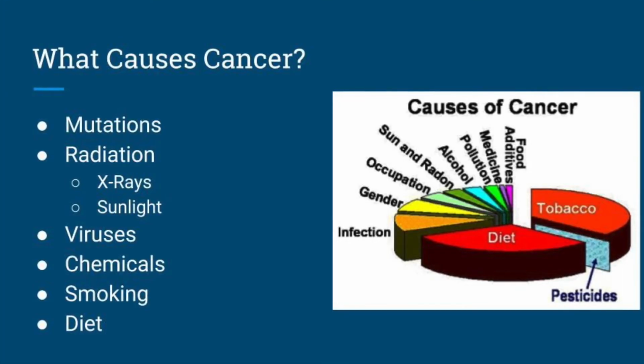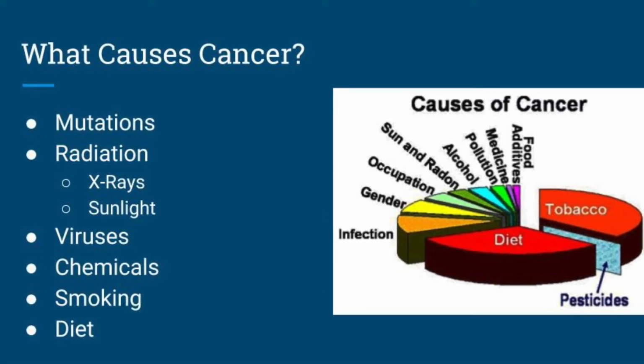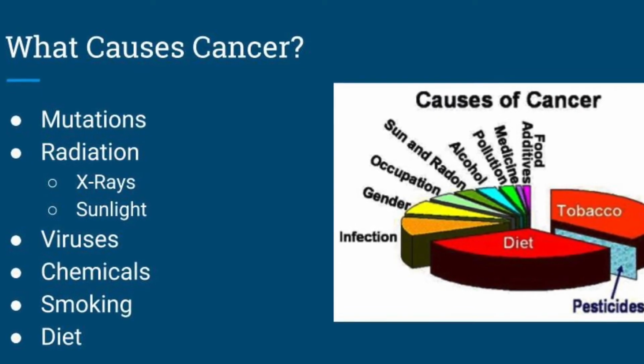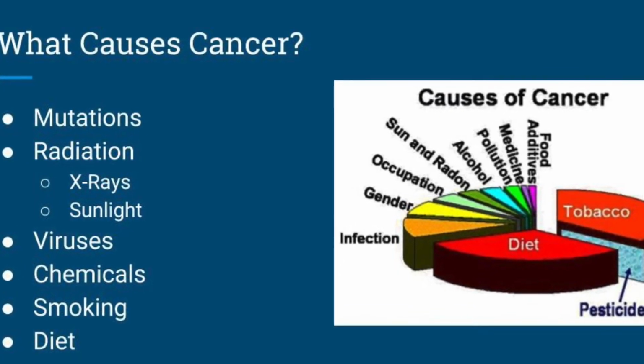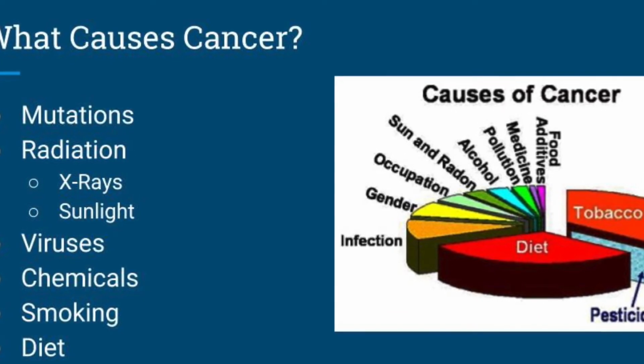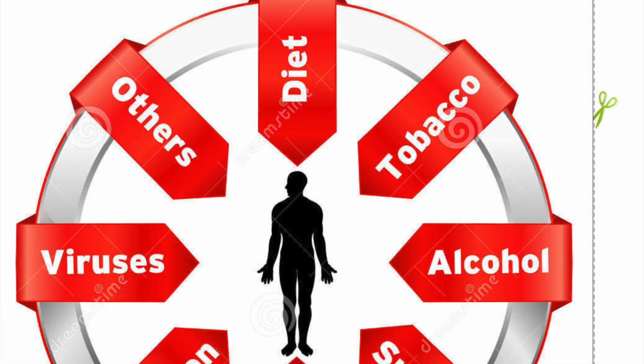So now that we know what cancer is, what exactly causes cancer? Cancer is caused by a plethora of factors. The most commonly known are probably smoking, poor diet, and radiation exposure, including sunlight. Certain viruses can also cause cancer, but this is rare. Unfortunately, cancer can also be caused by a random mutation in your genes. Sometimes, people are just unfortunate.